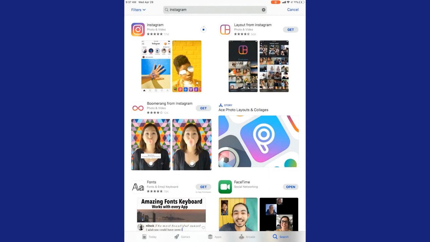You may have to enter your password if you have it set up for your Apple account for downloading apps. This is free, so no charges will be made. You'll see the blue line filling in the circle around the blue square. This means that your app is downloading. And now that it's done, we can open it here directly from the app by pressing the button that says Open,